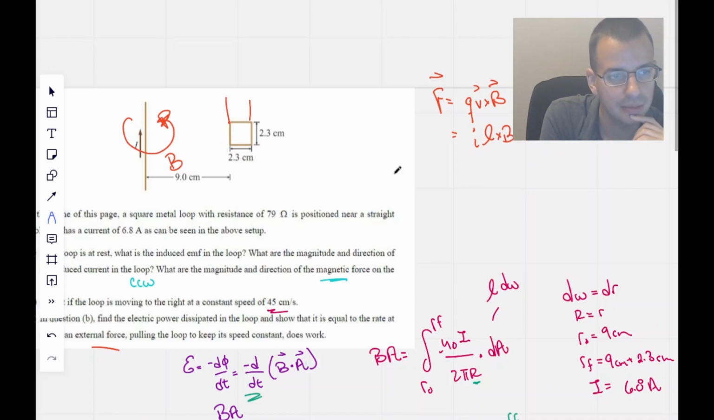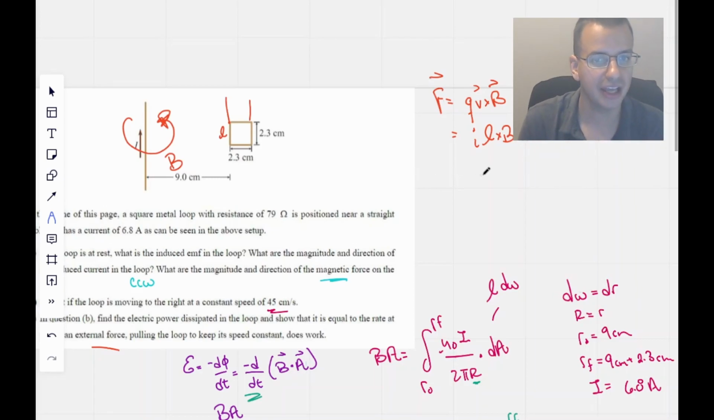The B is into the board. The L is this length of wire right there. Therefore, the cross product is just going to be ILB, where a cross product is a measure of how perpendicular two vectors are. So force equals ILB,